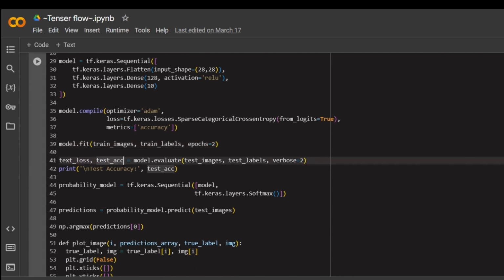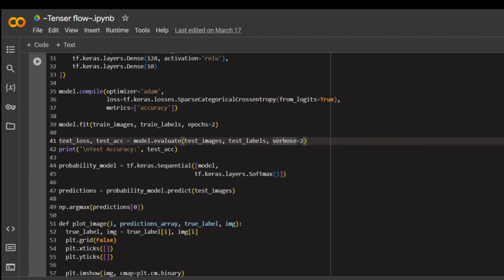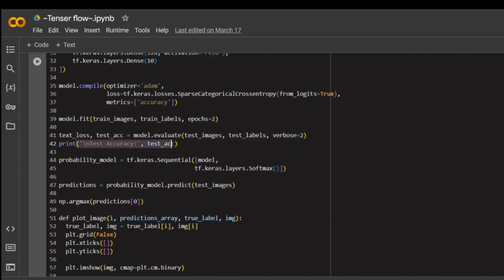So we're going to have test loss, test accuracy, the model evaluation, test images, and test labels, and the verbose, which is going to be 2. Now we're going to print the test accuracy. So if it's like 99 or 97, it's going to say that the test accuracy is 99. So we have a